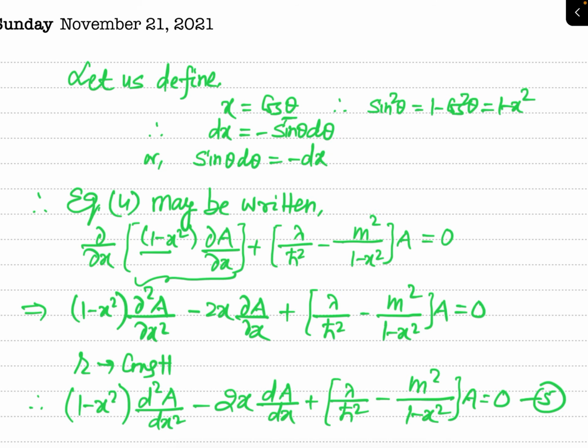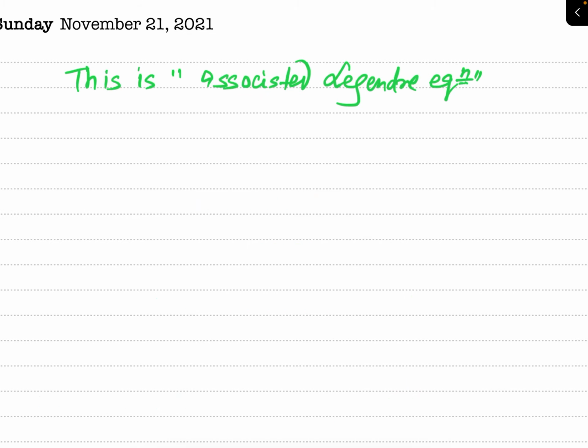Legendre equation. Now see the form of this equation. If this variable x tends to 0, or in other words theta is equal to 0, because when theta is 0, x will be cos 0, and cos 0 is 1. So you can say that if x tends to 1, that is theta tends to 0,